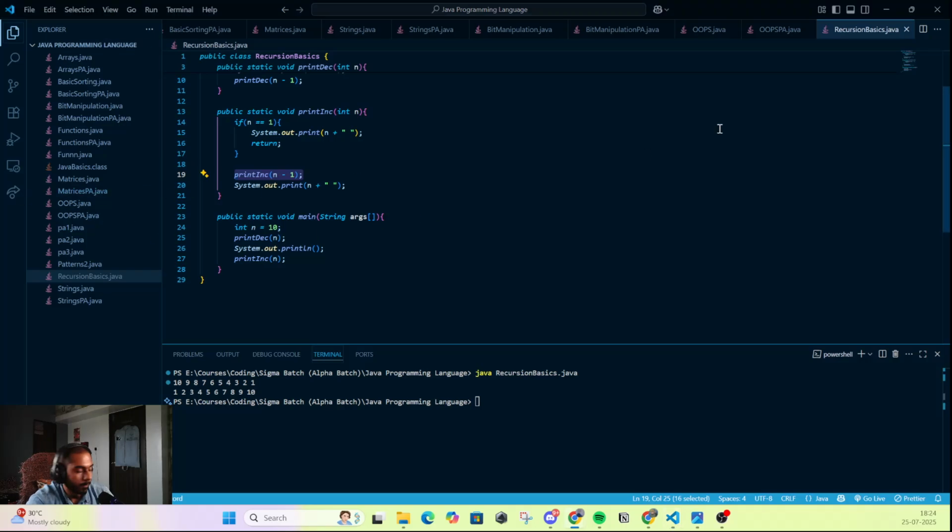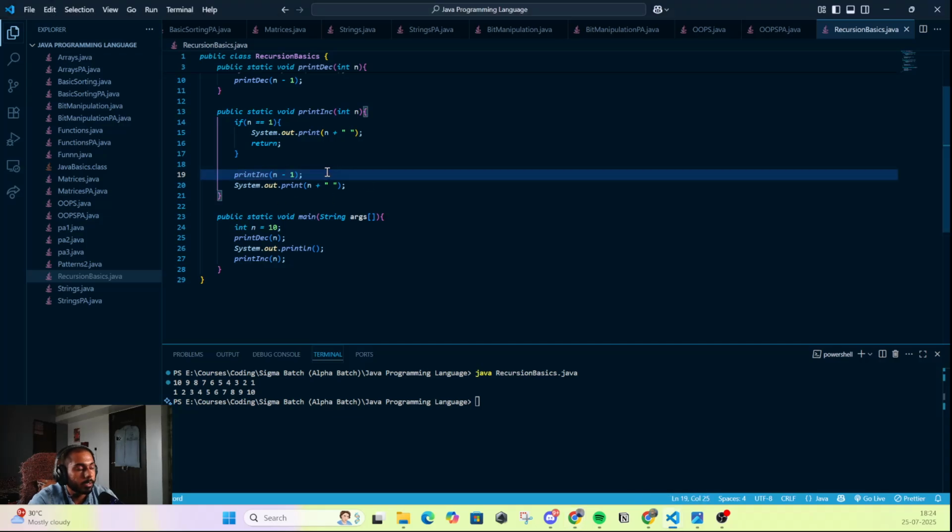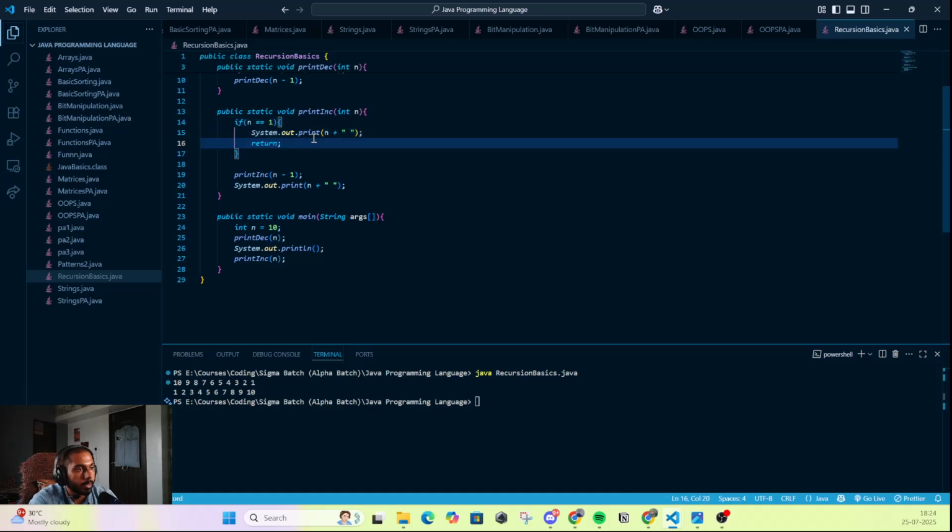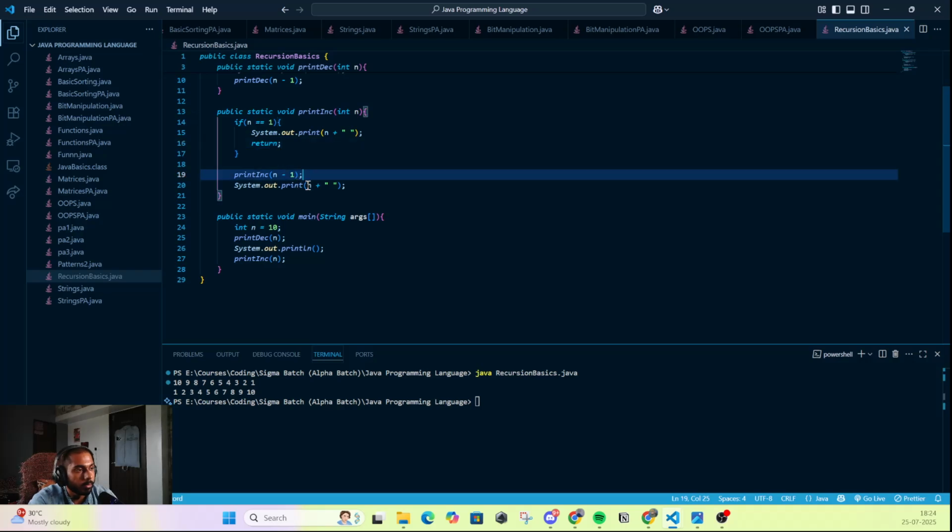So basically, yeah, we are calling this first. So it will call until n is equal to 1. Then when it is 1, it will print n, then it will return. So it will reach here. So it will print the current n. Then it will go from there.